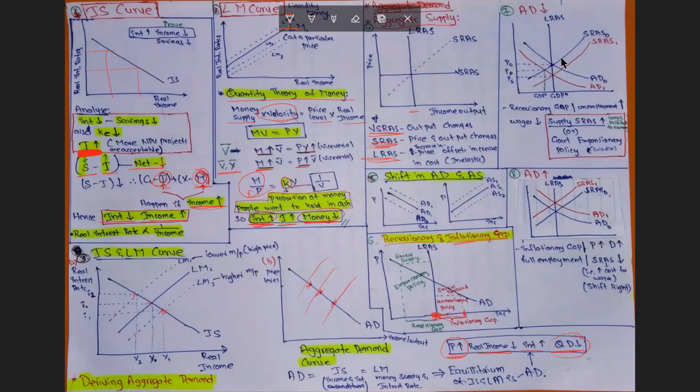However, if there is a recessionary gap, that is, supply is less when compared to what is actually required, then the government will do expansionary policy by increasing the money supply and so on. So it can achieve the long run equilibrium, that is, the optimal GDP.